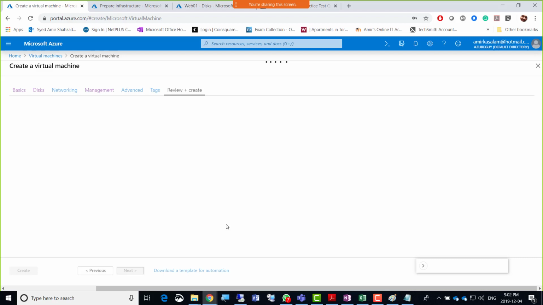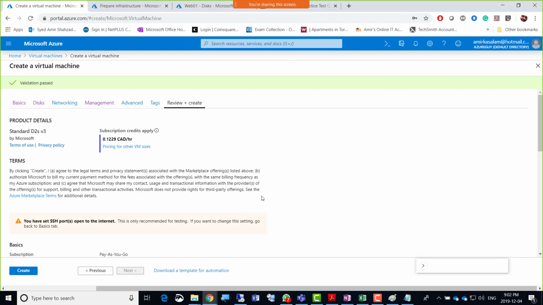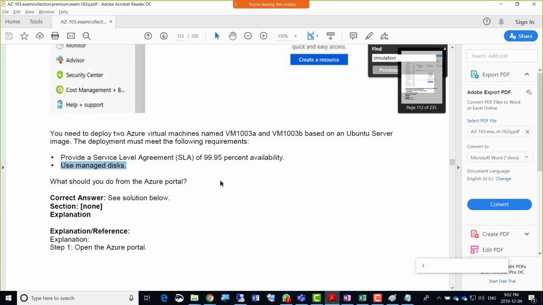So that's how you create the two machines, because I'm not going to create that, but the requirements of this question are what we have done, and I've pointed that out to you already, right?